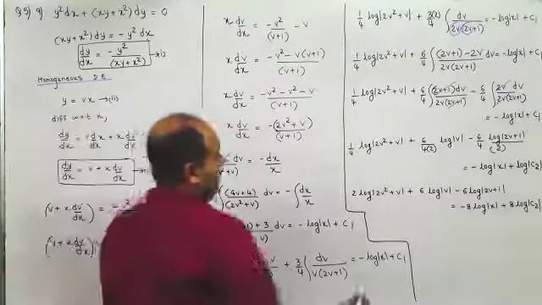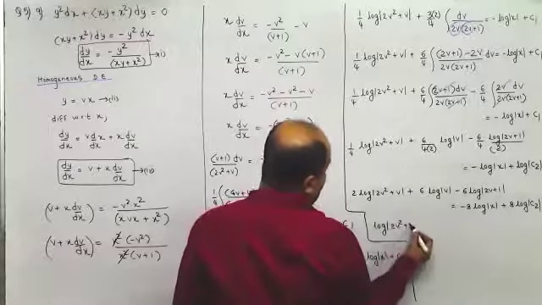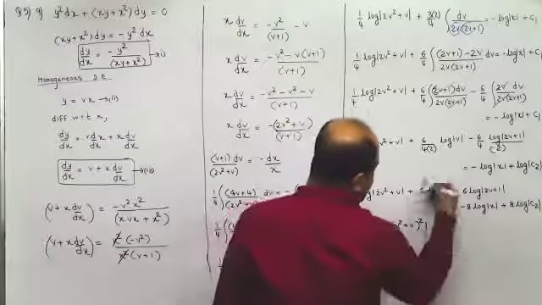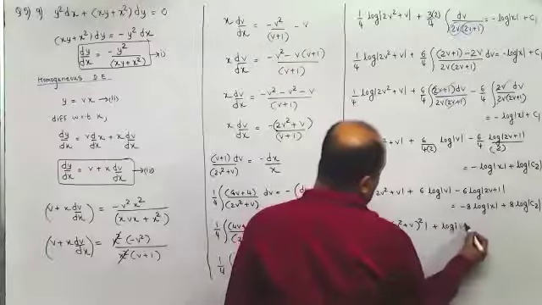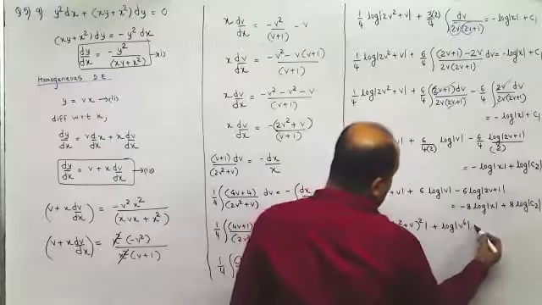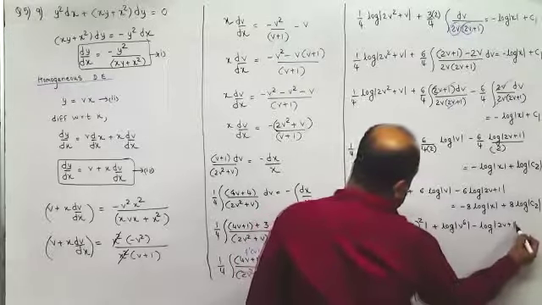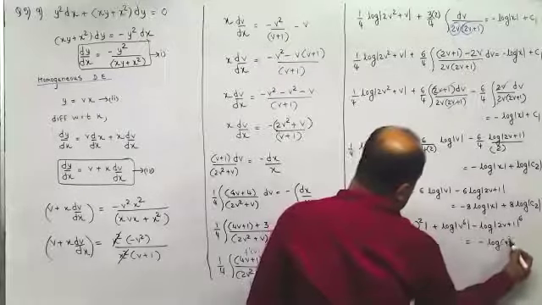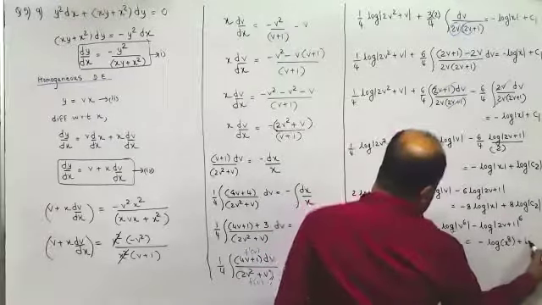Now this goes up, it becomes log of 2v square plus v the whole square plus 6 log v. So this would be log v square, sorry, log v raised to 6. This would be minus log of 2v plus 1 raised to 6, and this would be minus log x raised to 8, and here I'll get plus 8 log c2. I'll take it as log c.